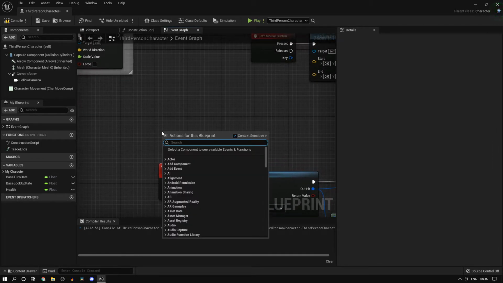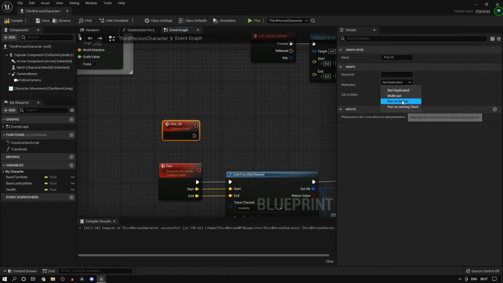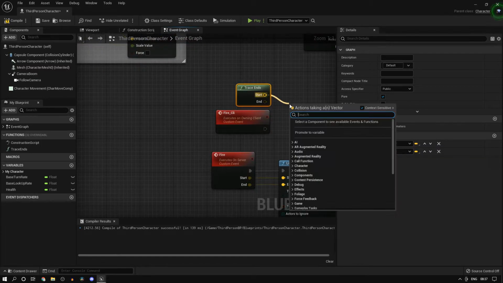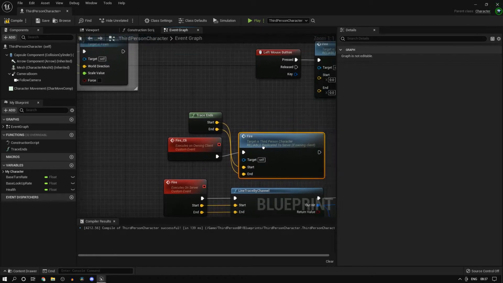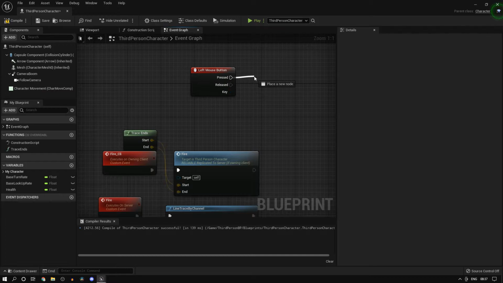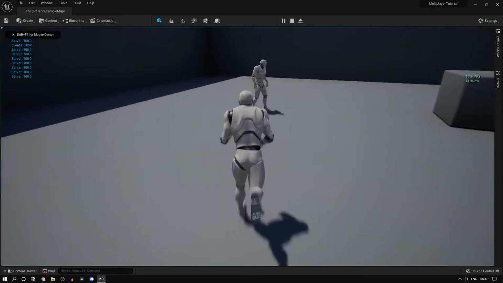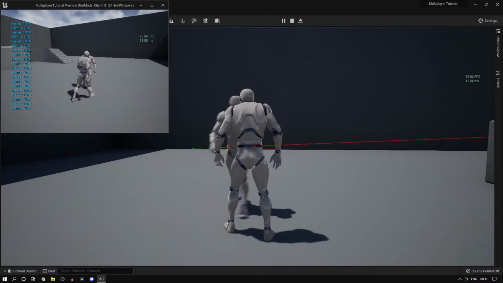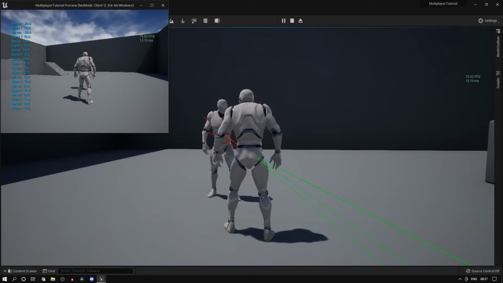So start and end, and then custom event fire underscore CLI maybe. Then this will be running on the owning client, again reliable. So we are going to get the trace ends, then fire. So start and end. Now instead of firing the server fire, we could do fire CLI. Now if I press play, this works normally, as you can see, and now you would see that even the server's health is reducing. So now even the client can damage the server.